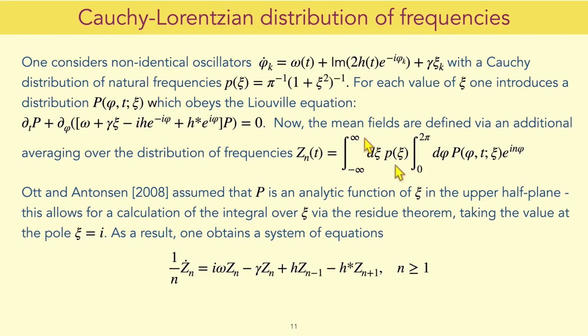And this existence, such an integral, gives you an idea of why the Cauchy distribution is so natural to consider here. Because then the integral can potentially be calculated through the residue theorem. So you take this integral, assuming that this function of psi is analytic in the upper half plane, and then calculation of this integral with such a factor gives you a value at the pole psi equal to i,